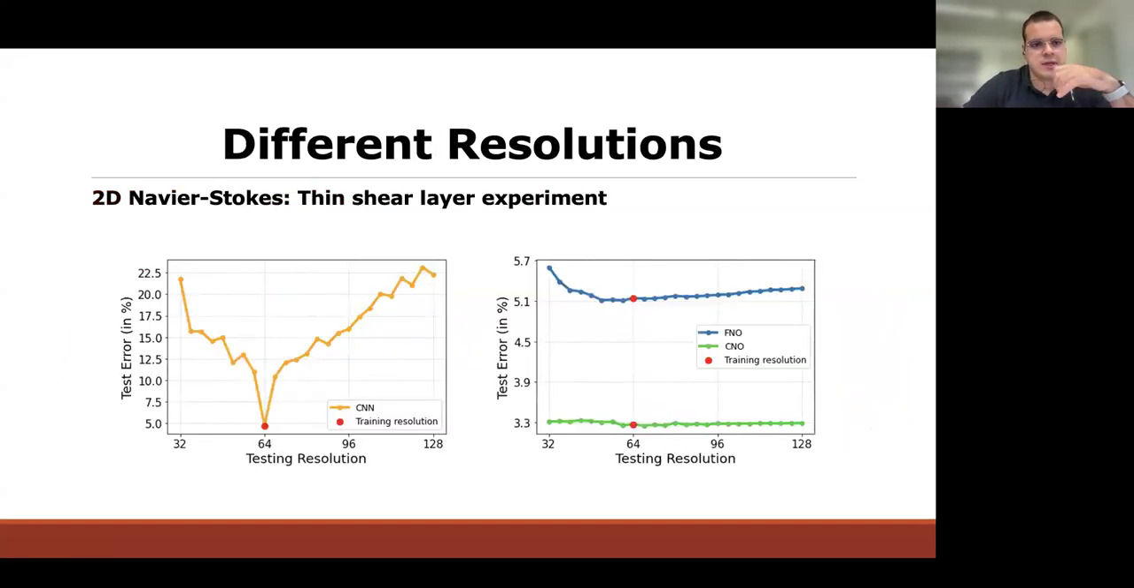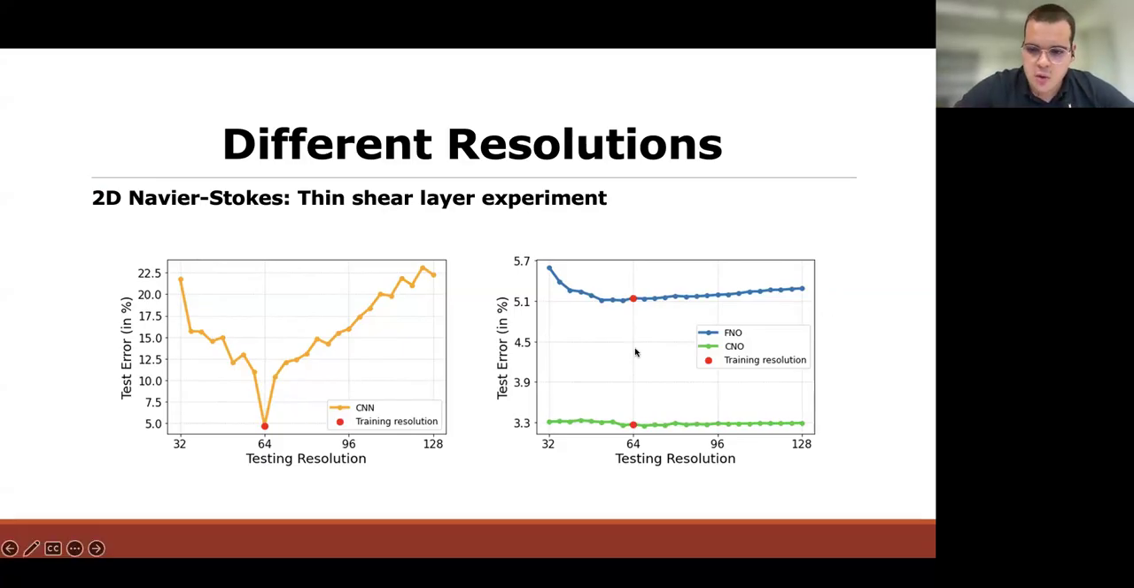Also, we tested out the CNO at different resolutions. We said that for neural operators, around the training resolution, it's very important that the model generalizes well. I don't say that it should generalize across all the resolutions. So in turbulent flows, you cannot discover new physics with these models, but it's important that you can generalize around the training resolution. And we see that the UNet cannot really, due to its scale-dependent nature, generalize